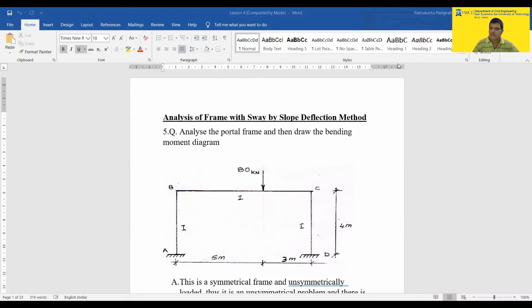Remember well, either the geometry is different in the columns, or the support conditions are different, or the loading is different, or there may be different moment of inertia on both sides of the columns of these frames, or the heights of the columns are different. So if anything changes, then there will be a sway. Now we'll discuss this sway of frames with the slope deflection method. So we'll see some examples.